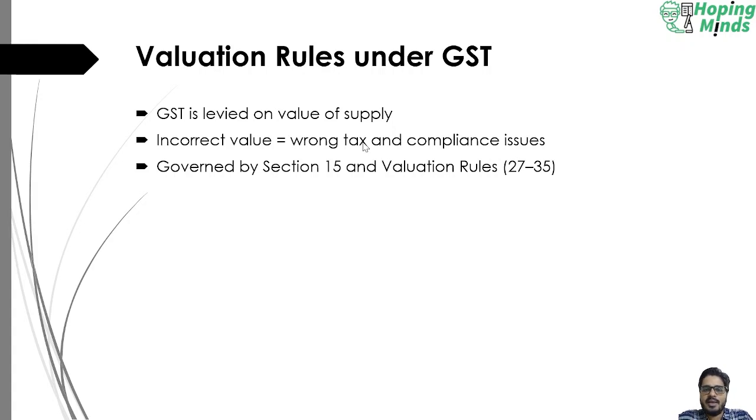Then the place of supply also determines the revenue sharing between the states. Then we learned about the place of supply in case of goods and services. In case of goods, if the movement is involved, then the place of delivery is the place of supply. Where no movement is there in the goods, then the location at the time of delivery is the place of